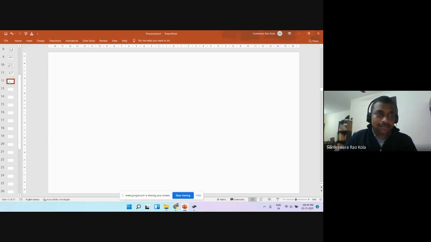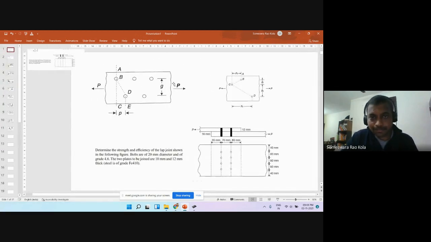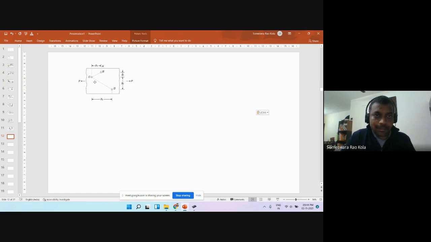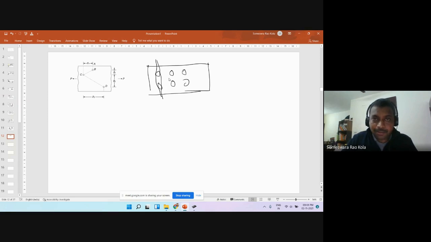Okay. Now, let me pick up one picture that I have. I'll explain with that. So we are trying to understand what is this AN. Now, I'll take the simplest case for which the AN is straightforward. The simplest case is, for example, we have a very regular way of placing the bolts. Now, obviously, this is one weak plane. So if I take a plane passing through the center,